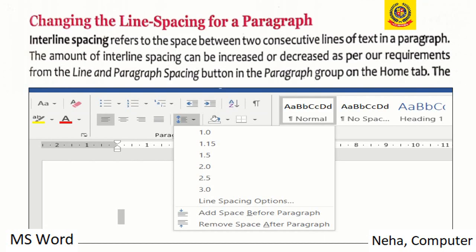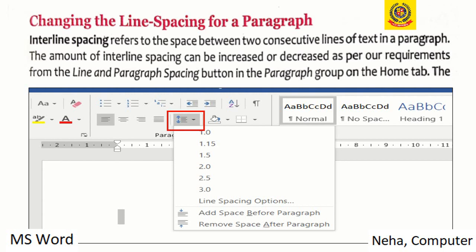Now there's a second formatting feature, that is changing the line spacing for a paragraph. Interline spacing refers to the space between 2 consecutive lines of text in a paragraph. It means that it gives the space between the first line and second line, or the second line and third line.